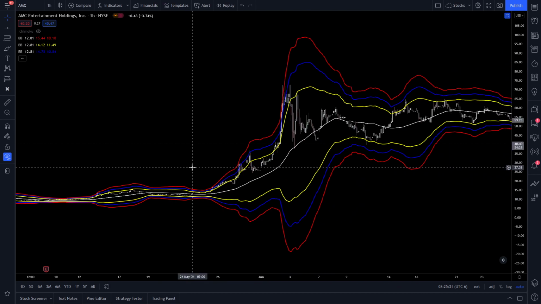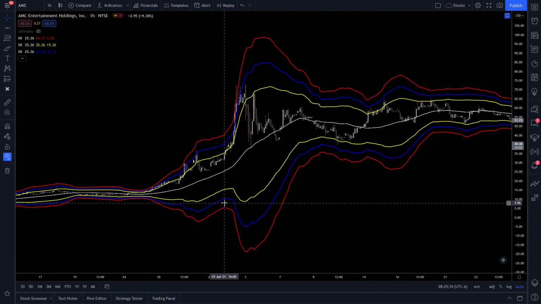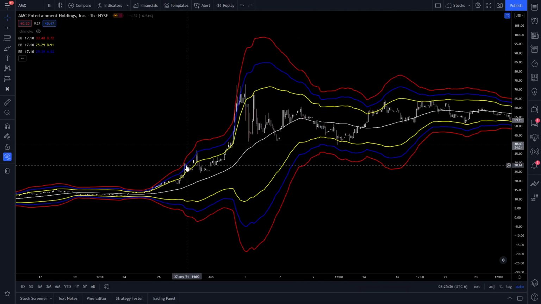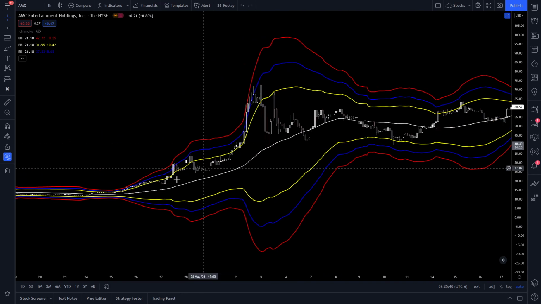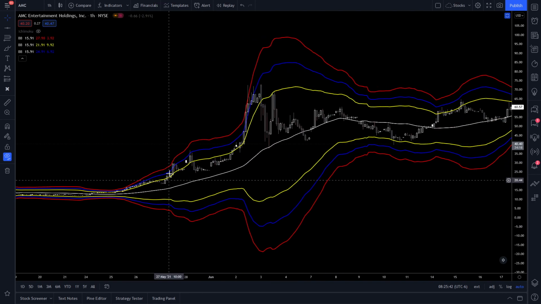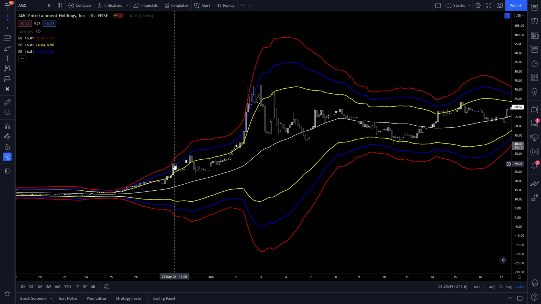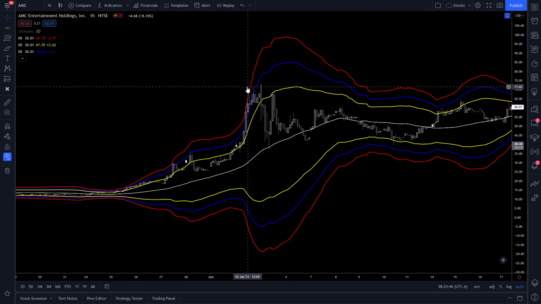And see, this is something you have to be kind of careful for. So, well, actually, no, it's not quite touching the red there. So I take that back. Somebody might see that, well, okay, it's come up here, it's touched the red, but it's not quite through it. Here we get through it. So to me, that looks a lot stronger. So as we come up here, we get to that